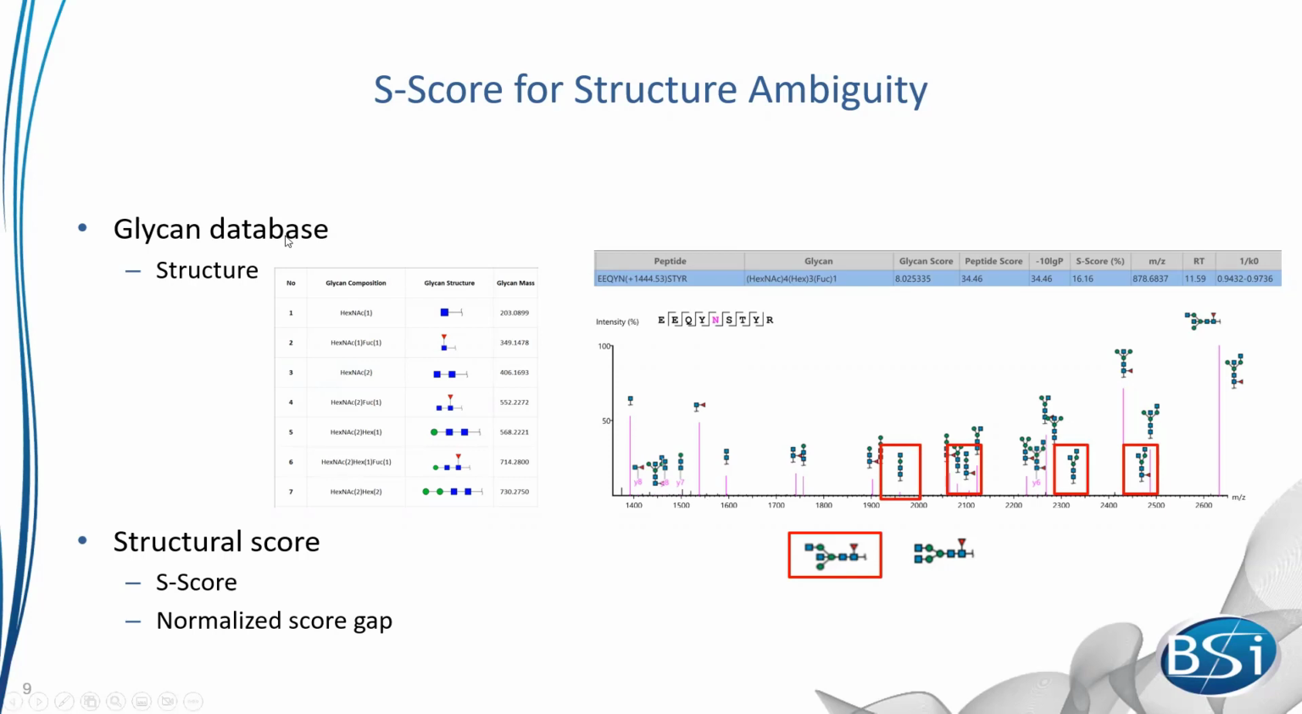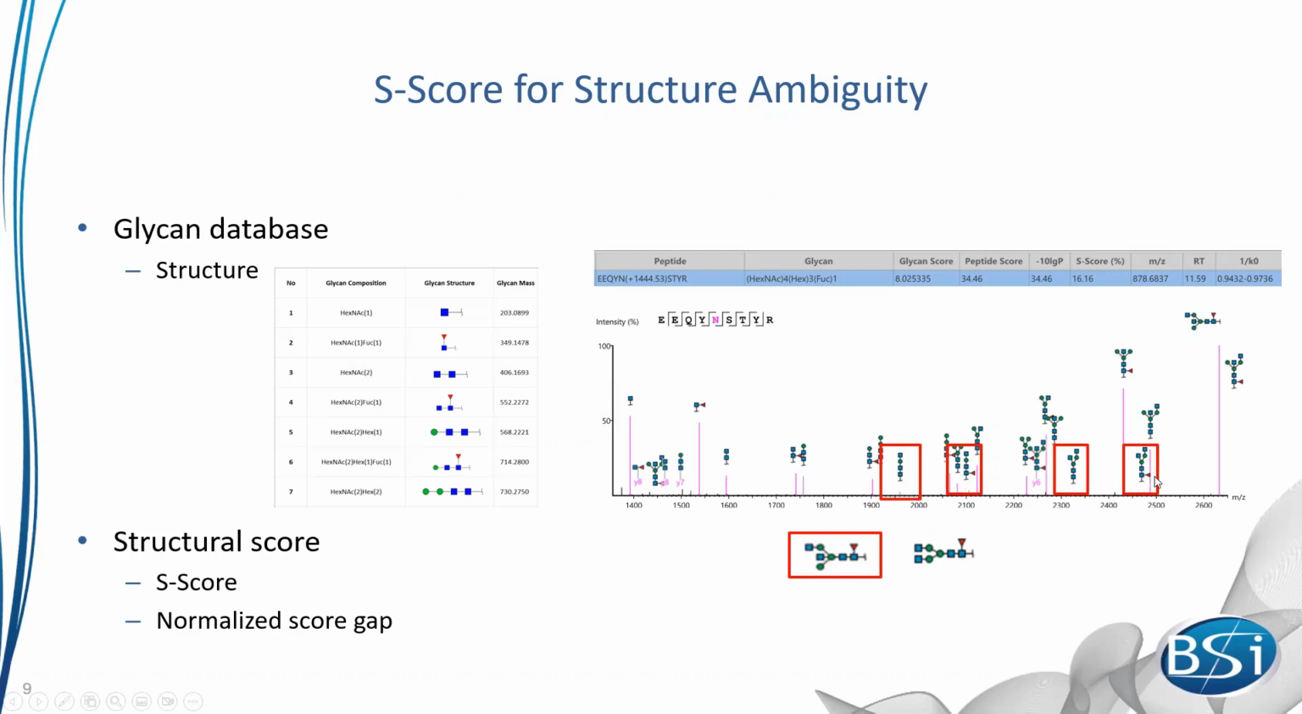Using our Glycan database, which is based on a manually curated structure database, we determine that this is the most likely structure that matches this sequence. We determine that it's 16% more likely than the next best match, which is this structure here. And the reason why we consider this to be the more likely structure is because you have these fragment ions